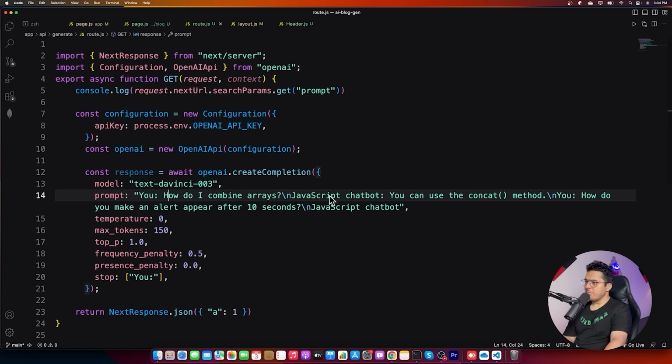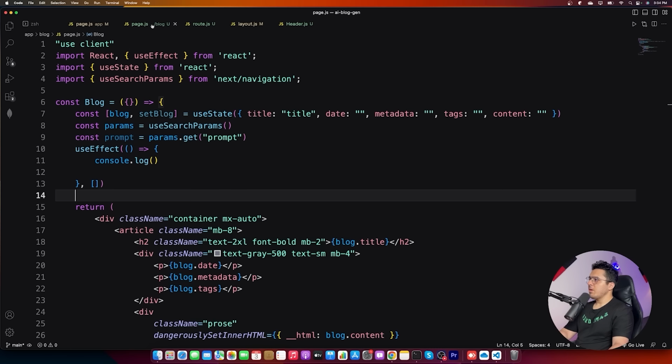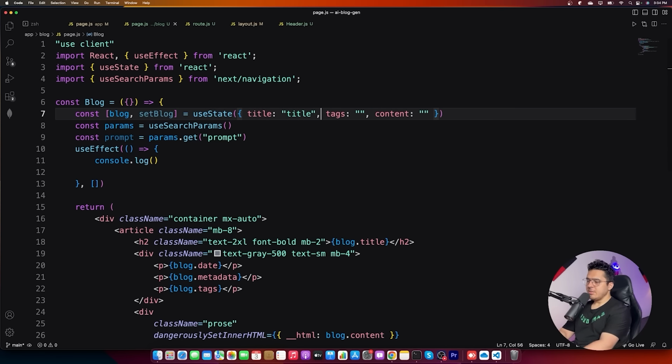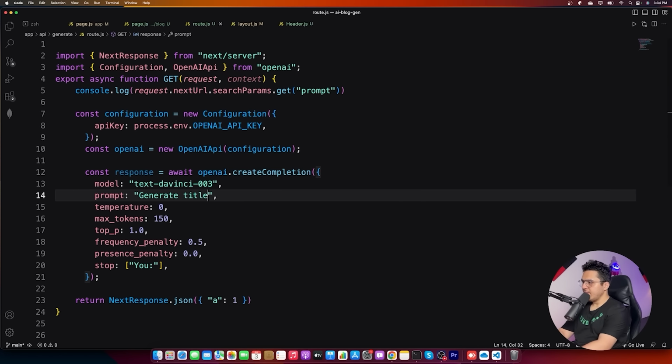And how do I combine arrays, JavaScript, chatbot? Okay, so this is not my prompt. I want to say generate tags. Wait, let me come back to this page. Title, date. Let's get rid of these tags and metadata and date and content. Let's simply say title, tags, and content. So I'll say generate title, tags, and content